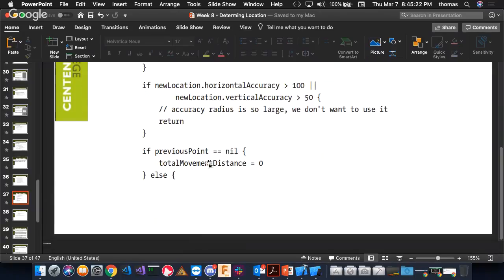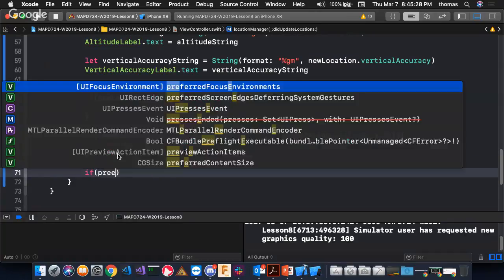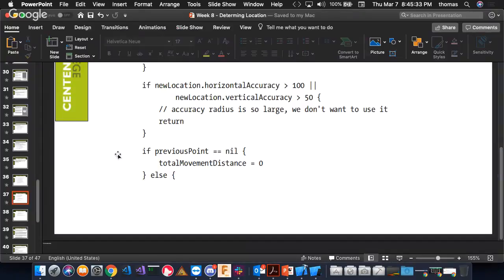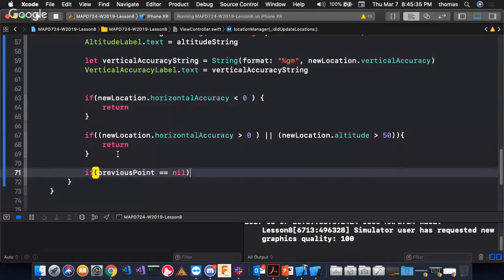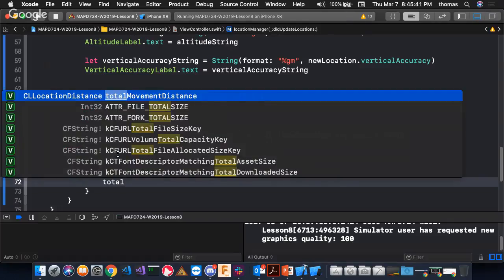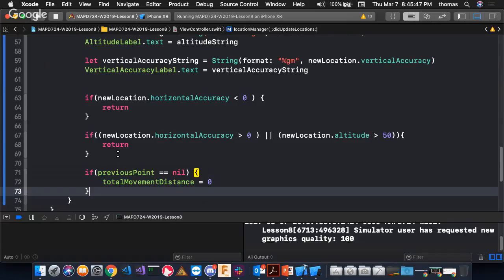All right, next one is, what about if previous point is equal to nil? We don't care about that too. So if, again, previous point is equal to nil, so we don't have a previous point, that means we want the total movement distance to be equal to 0. However, else if,